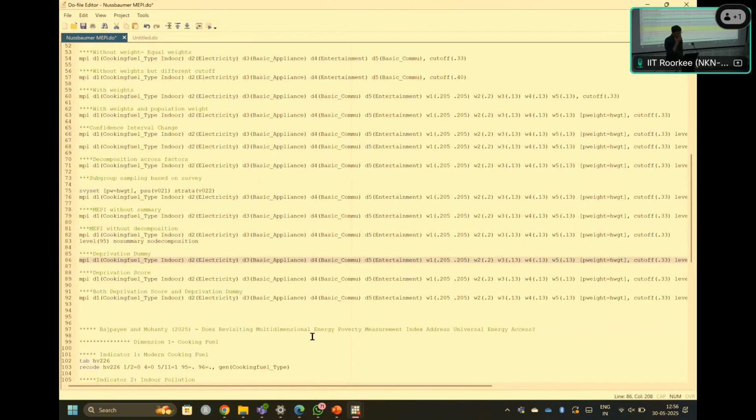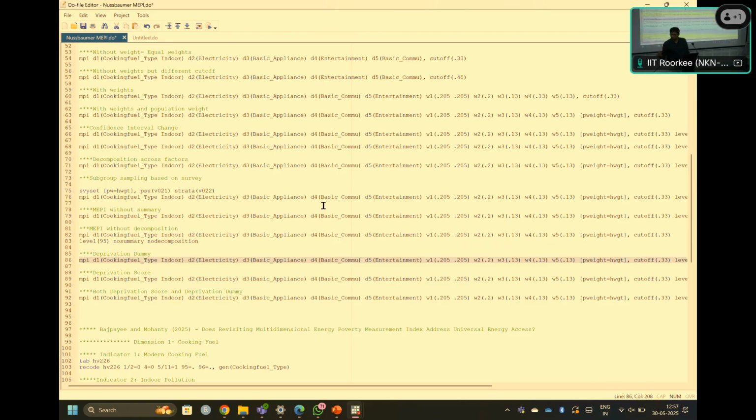Okay. So far we initially discussed the MPI score. After that, we started discussing MPI score with cutoffs. Then we discussed equal weight with non-equal weight. In between we also discussed the interval level of confidence. Then we also decomposed those scores by their sector.